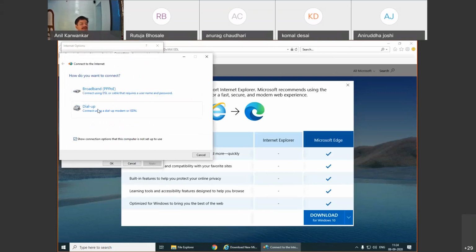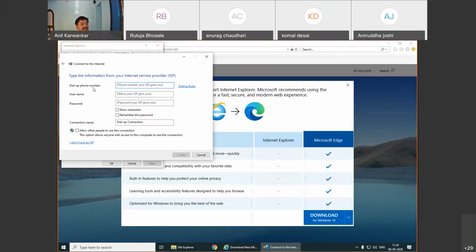It's a dial-up. If I have a dial-up modem or ISDN modem, I have to use this dial-up connection. Then I will dial a specific phone number, the phone number your ISP gave to you. This number will be dialed. The username and password are given to you by the internet service provider. The type of connection. When you create it and press the dial button, your number will be dialed by the modem that is connected to your data terminal, and you are connected to the internet service provider.